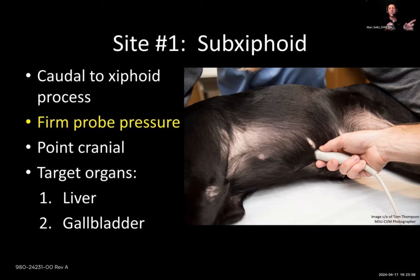So you're going to orient that probe marker toward the head. You're going to push in pretty firmly, then angle cranial. The reason for the push in is you're establishing good transducer contact with your skin. Of course, you've already put alcohol, you've already parted the fur. One of the things you want to avoid is just putting the probe on at an angle. If you do that, you actually trap gas between that cranial aspect of your transducer and your skin, and the entire right-hand side of your image is going to be black. So push in firm,